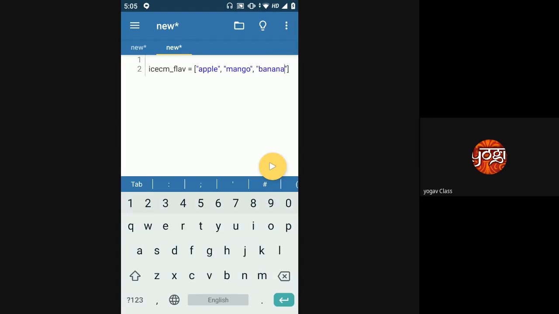Okay. Now, if I want to get the number of flavors, I'll just use len, right? Print len of ice cream flavor.